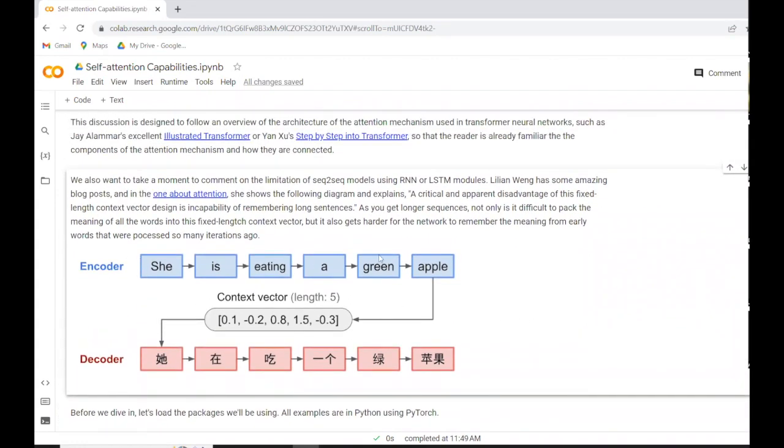So she showed an example of if you use an RNN or LSTM, something like that, you're going to take in the different words one at a time, and you're going to build some sort of hidden representation, and it's a fixed size. So the real problem you have is that the longer the sentence gets, the harder it is to cram all that into this fixed size